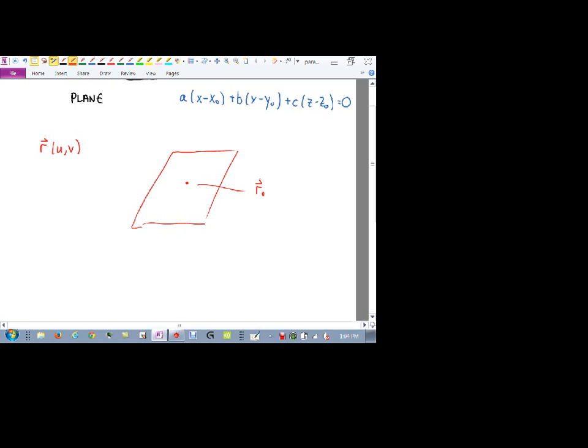And then to create the rest of the plane, all I have to do is take any vector on that plane. So let's just say that vector lies on the plane. Call it A. But make sure you understand that vector lies in that plane, all right? And then take any other vector, as long as it's not parallel to A. Okay, so take any other vector. Doesn't even have to be the same length. We'll call it B. And as long as that vector also lies in the plane, so you have two lines in a plane, then,